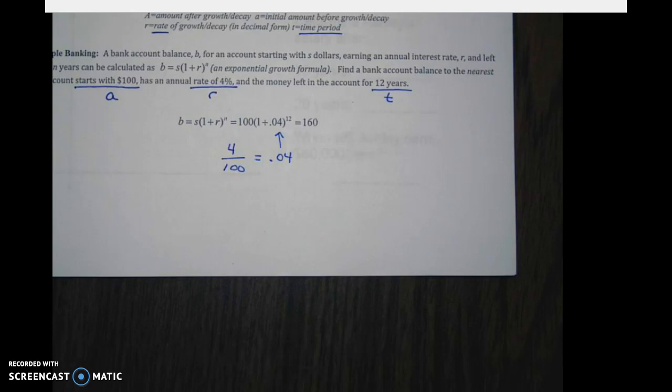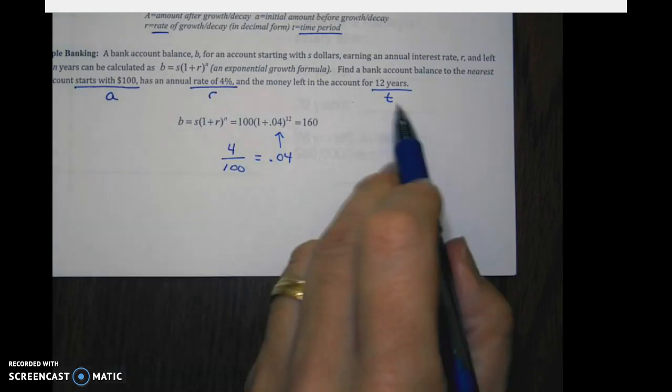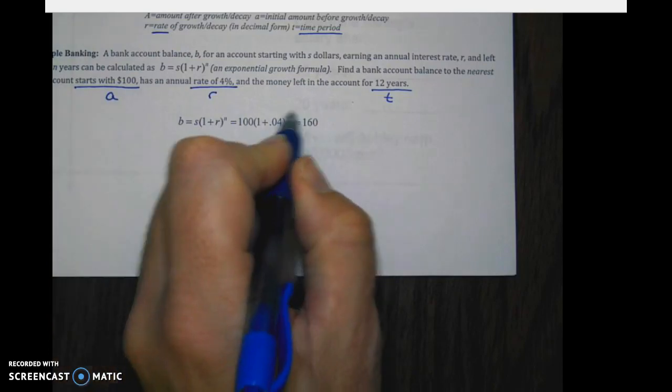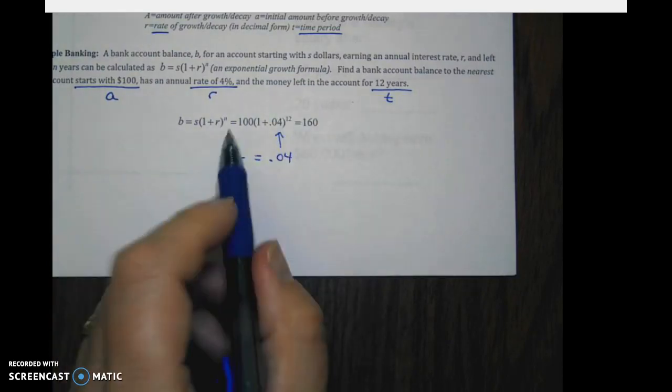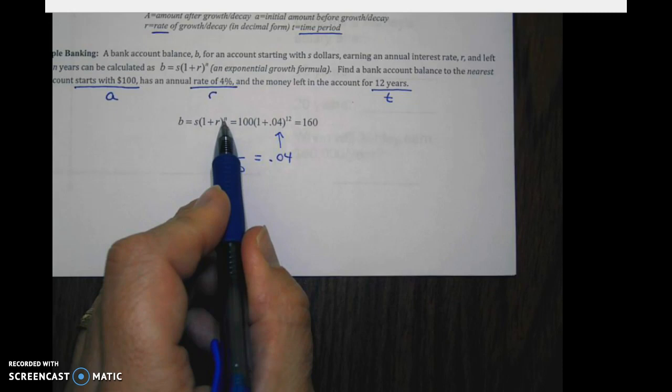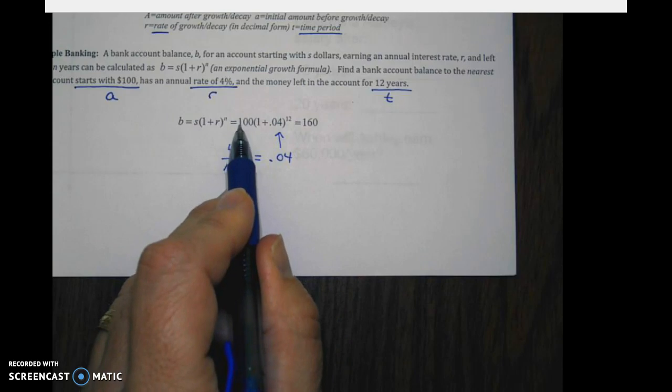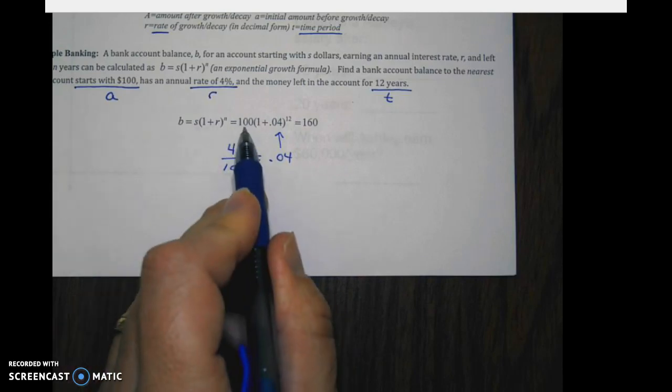That went in for R. And then time is 12, and so that went in for T. Or in this case, they use the letter N. And then you just do this in your calculator, and then the amount that you end up with. So if you started off with 100,